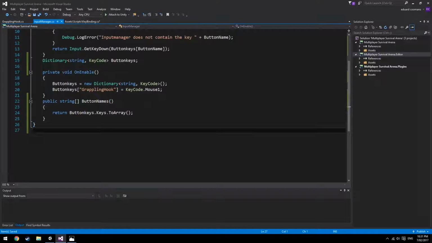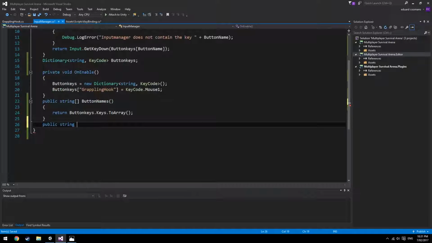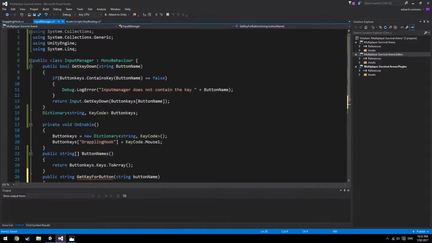So we'll go back to the input manager and we'll return a string, because we want to be able to use it in the text form here, so we'll just return a string so we can use it there. And we'll say get key for button, taking a string variable button name, and again if it doesn't contain it,